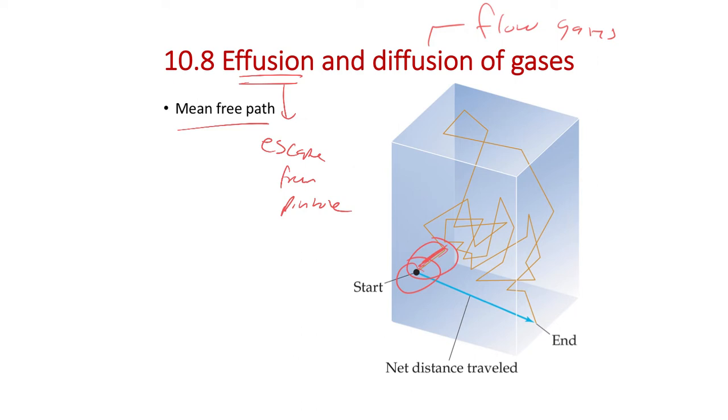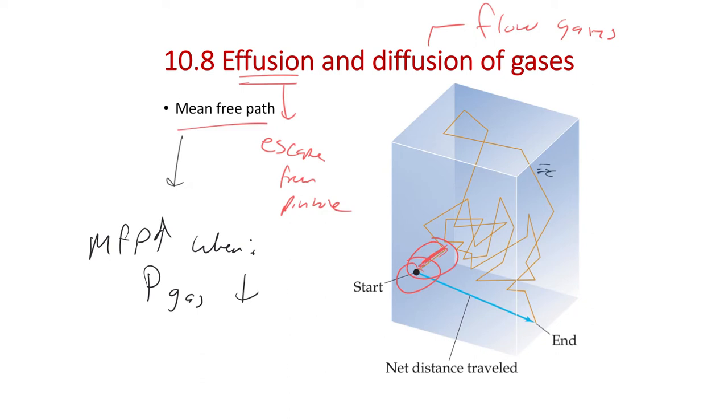And so that mean free path can be increased. You want it to be longer if you want the particle to make it faster across the room. And so our mean free path is going to increase when a few things happen. The longer the mean free path means the longer the particle is traveling before it hits another particle. This is going to be longer whenever the gas pressure that it's flowing through is lower. So that's the pressure of the medium, like the pressure inside the box.